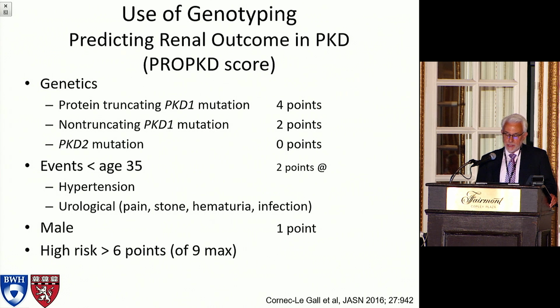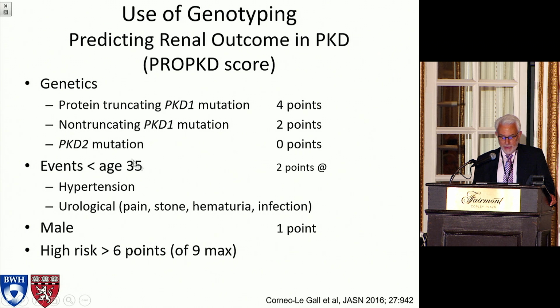Another way to assess risk of rapid progression is to use the PRO-PKD score developed by French investigators from Western France. This requires understanding of the genetics of the individual family. It is a point score for a total of 9 points. A protein truncating PKD1 mutation gives you 4 points, whereas a PKD2 mutation doesn't give you any points. And if you have